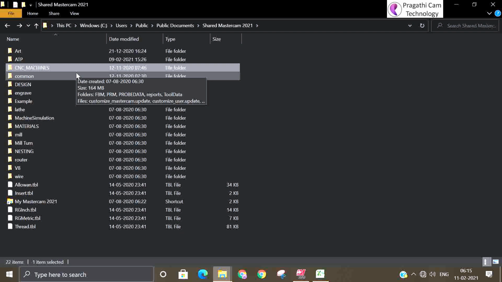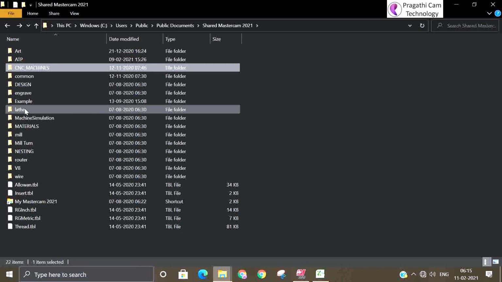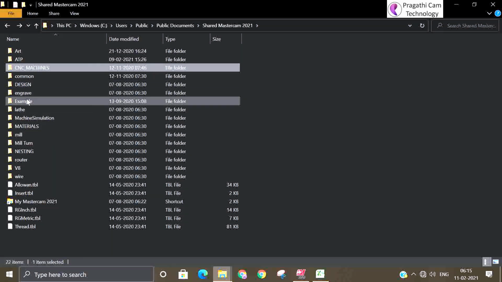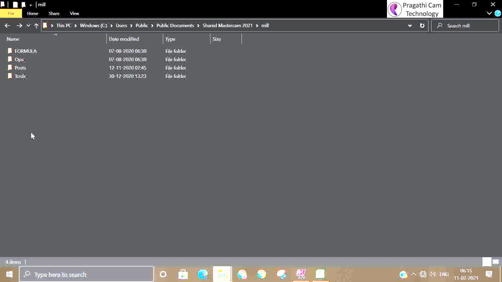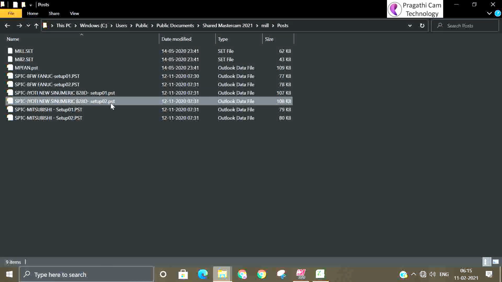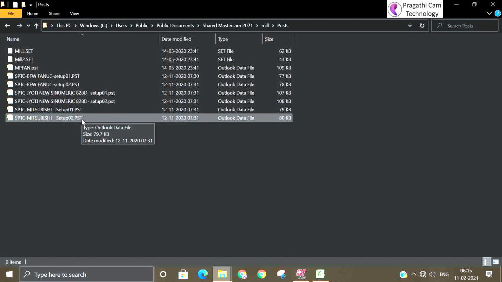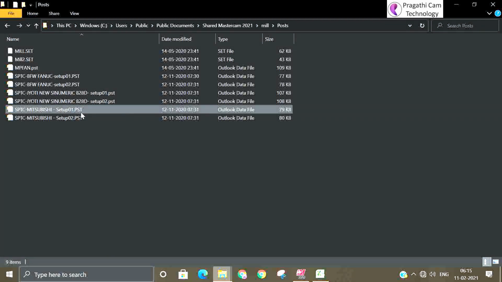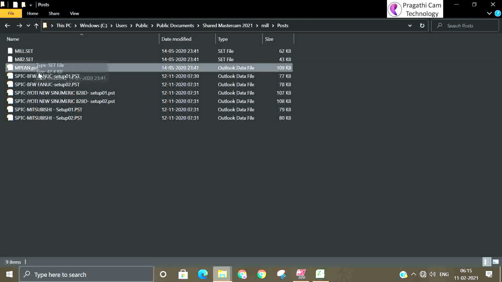Then the post processor .pst. Inside the mill folder you will see the post processor. You will see the .pst file inside the mill folder. So .pst is the post processor file.